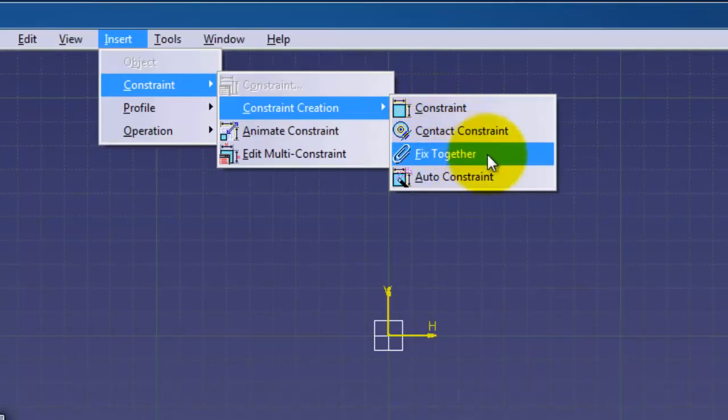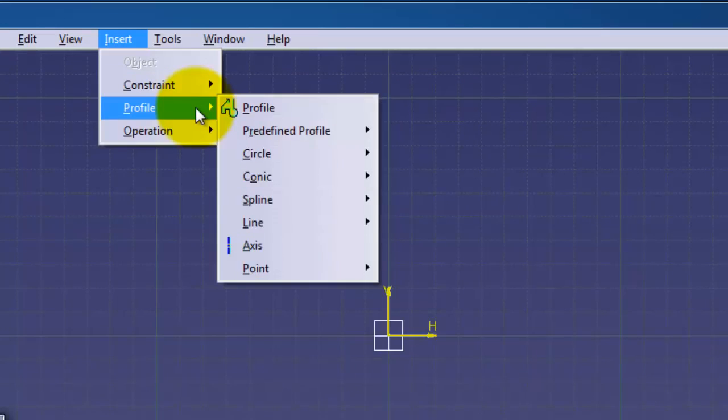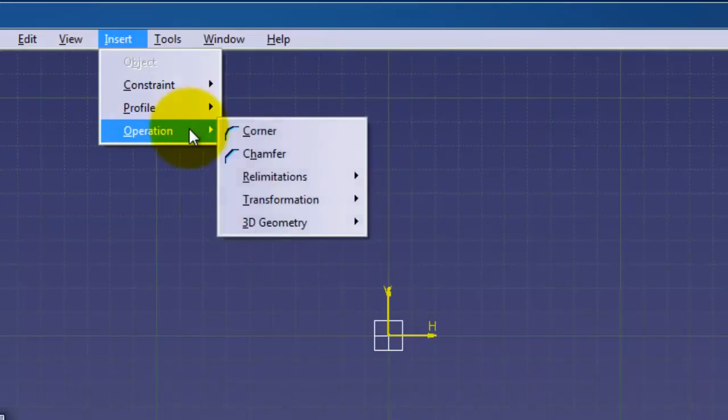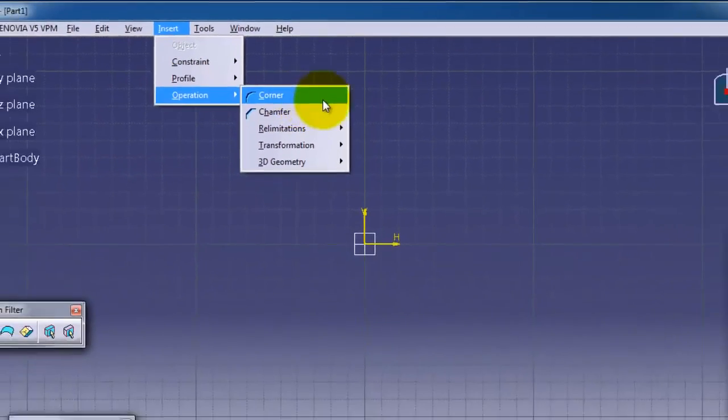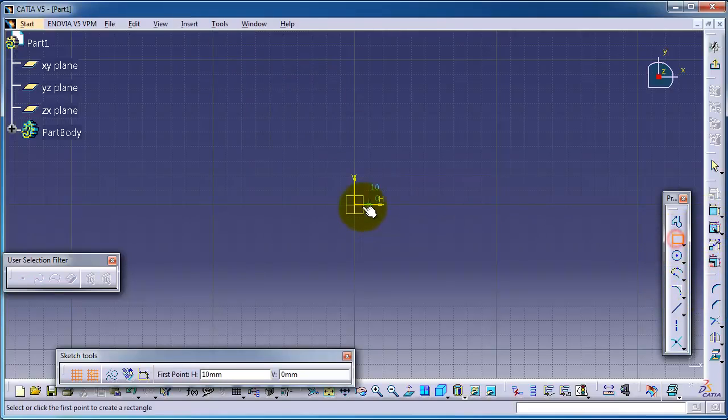contact constraint, fixed together, auto constraint, and we're going through all these features in the profile. And now we're going to continue talking about the next menu operation, which will talk about corner, or in other CAD programs, fillet. So let's start making a rectangle,